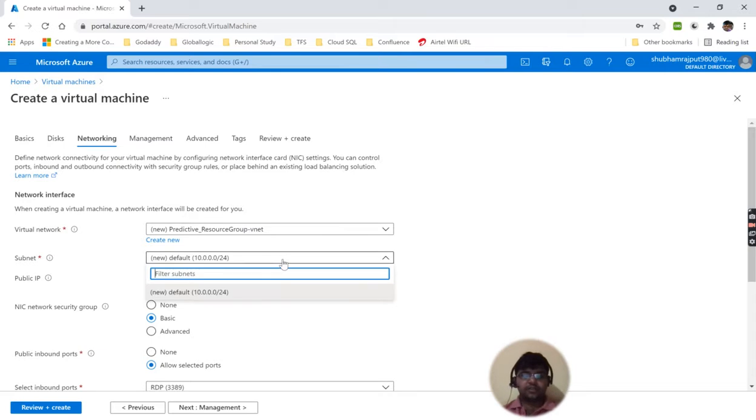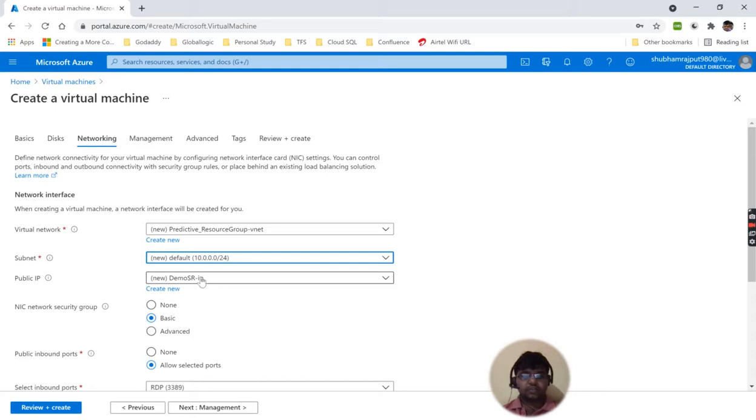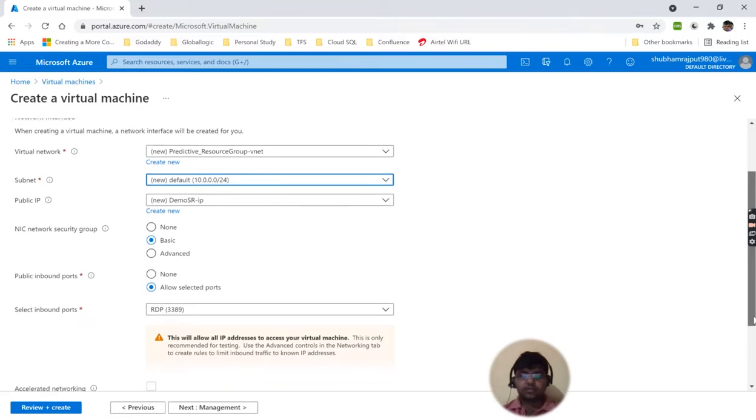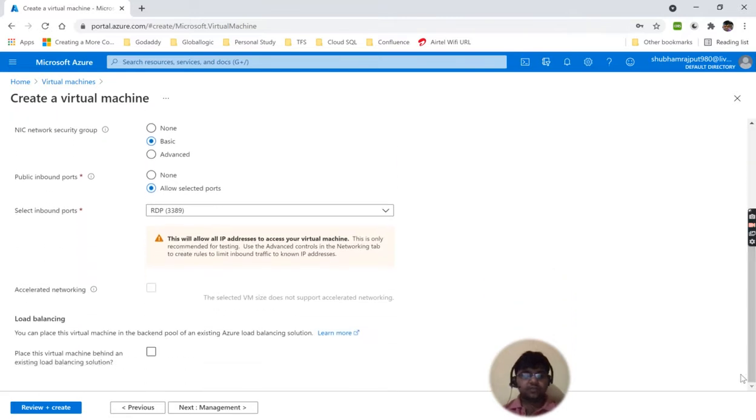So this one is for that, basically a private network, one type of thing. Yeah, I will show you a detailed video on how to create a virtual network, but right now my focus is on the virtual machine, so leave it as the default. In case of load balancer, if you want, you can go with that.